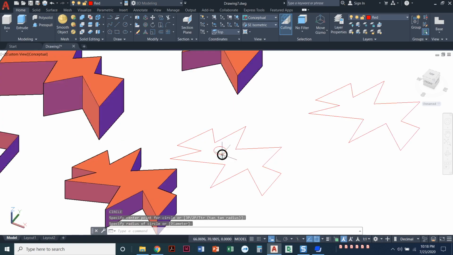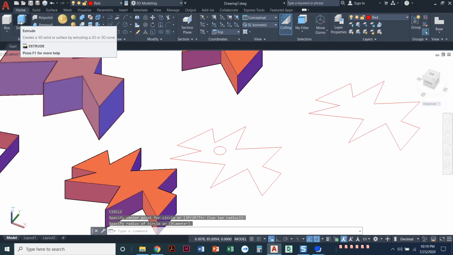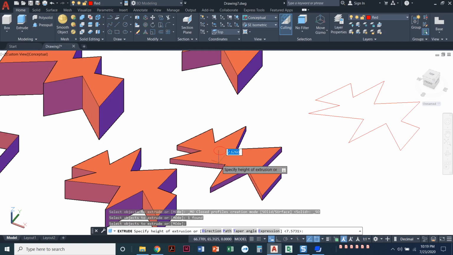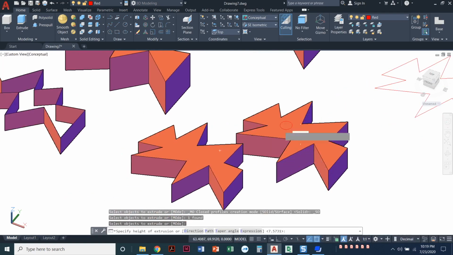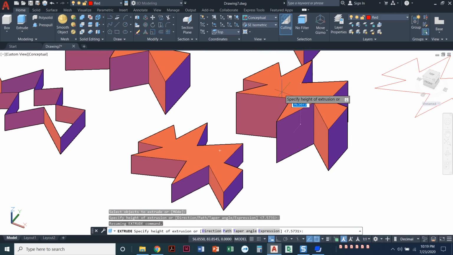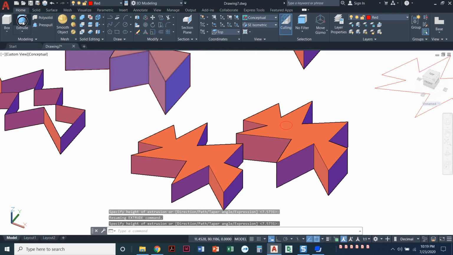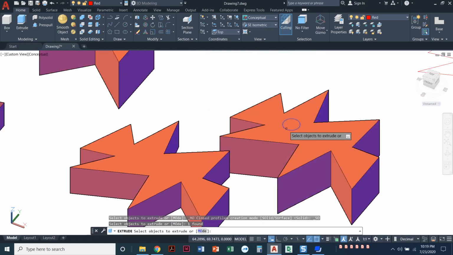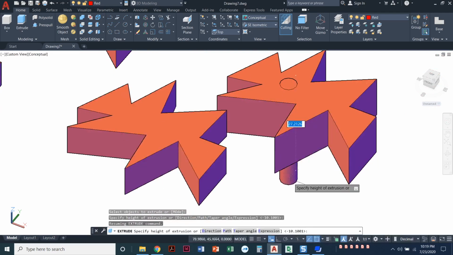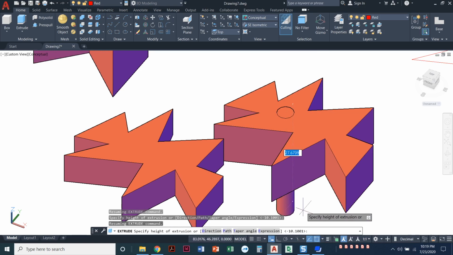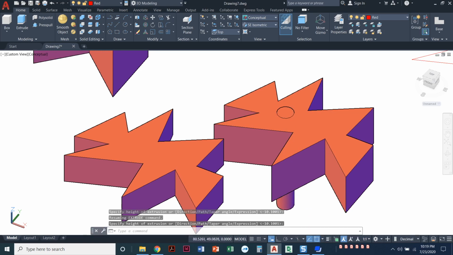Now one thing I want to show you here is if I were to draw a circle right in the middle, and I come back over here to do my extrude command, and I select this polyline, if I wanted that circle to be a hole in here, I would have to, if I extrude up, I don't even see that circle anymore. So I could extrude this object down whatever size I needed. I could also extrude that circle, press enter, and notice it's going to stick out down here. You see how it's a cylinder now. So if I needed that cylinder, that circle to be coming out of the surface, or maybe I need to subtract it out so that it's a hole, I can extrude that circle.